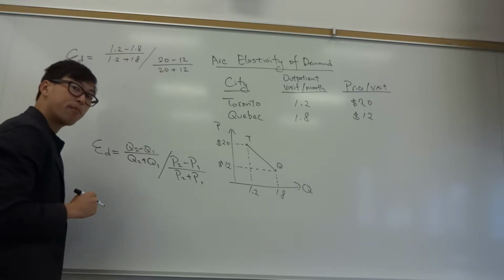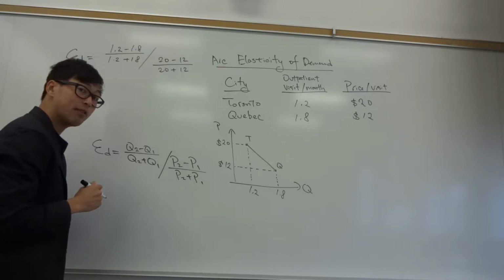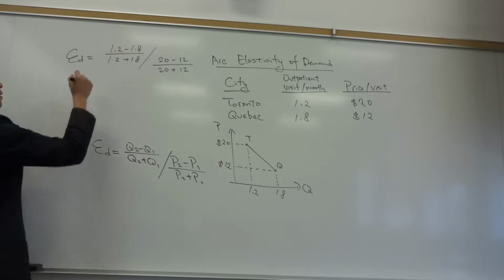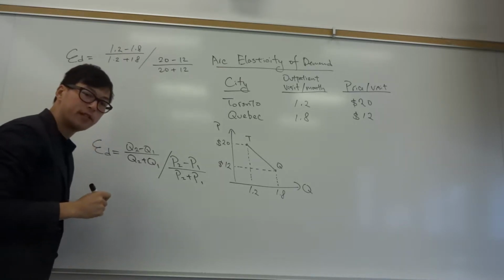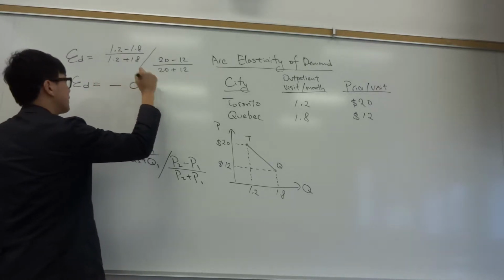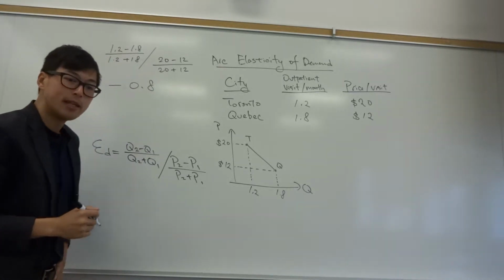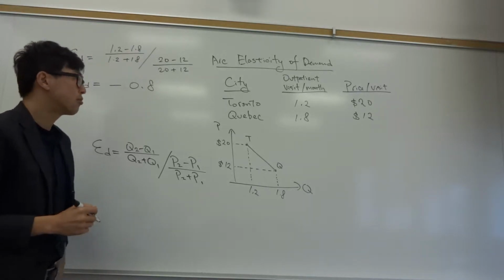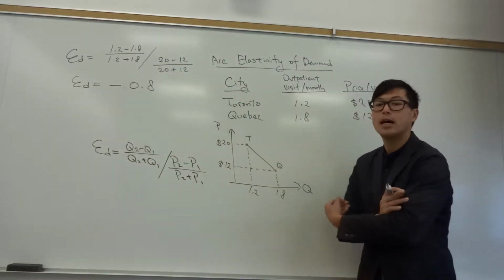Alright, so if you have paused the video, now you should resume and let me give you the result that I have. So in this case, by using the two city data, we actually can estimate the elasticity of demand for outpatient service in Canada equals negative 0.8. So is everyone getting the same answer here? Hopefully you are. Now let's go back to our principal economics and try to understand, well, what does this 0.8